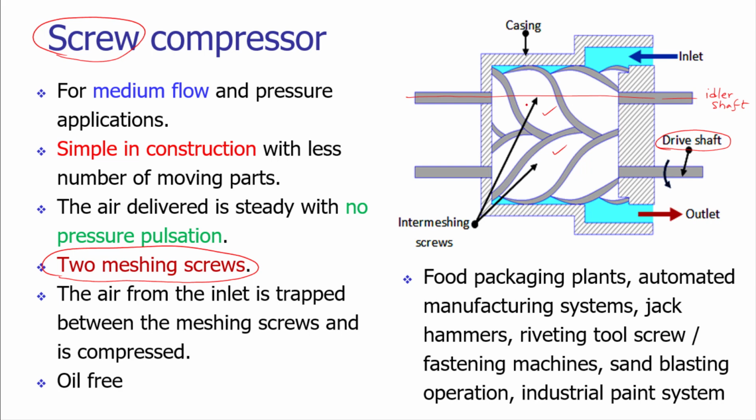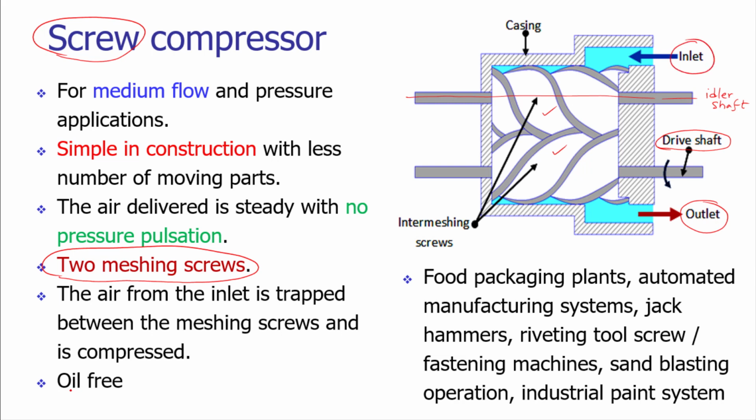So during the process of rotation of these screws, the gaps in between the screw faces will reduce the volume of the air. As it is reducing the volume of the air, it is increasing the pressure on the air, and that compressed air will be taken out from the outlet valve. During the opening of the meshing, there is a decrease in the pressure, and due to that decrease in the pressure, the ambient air will be taken inside through the inlet valve.